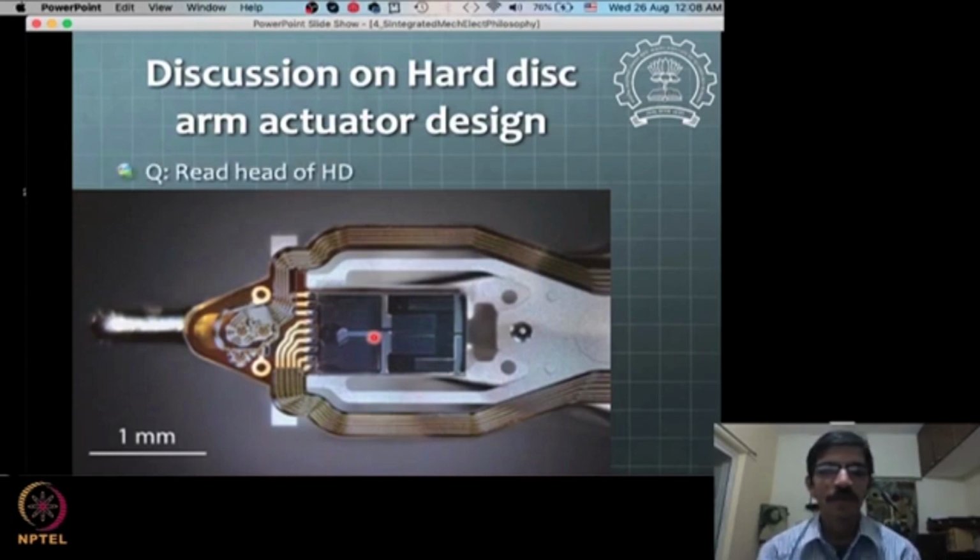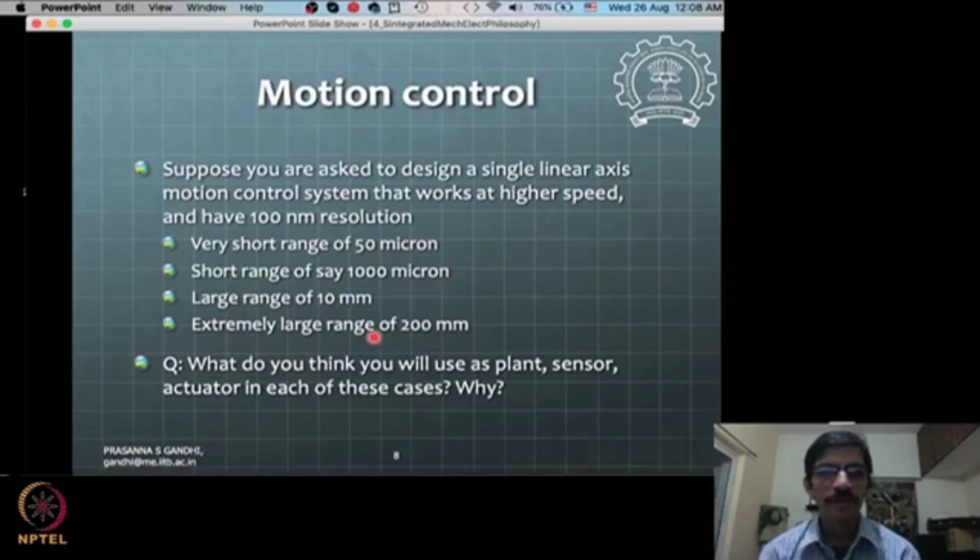We move on now to the next generalization of this concept of these different designs. So far we have been looking at these existing mechatronic systems, and now we see how they can be generalized a little bit for any kind of motion control system. For a mechatronics engineer, motion control is a base thing to understand. We'll take this as a base example case.